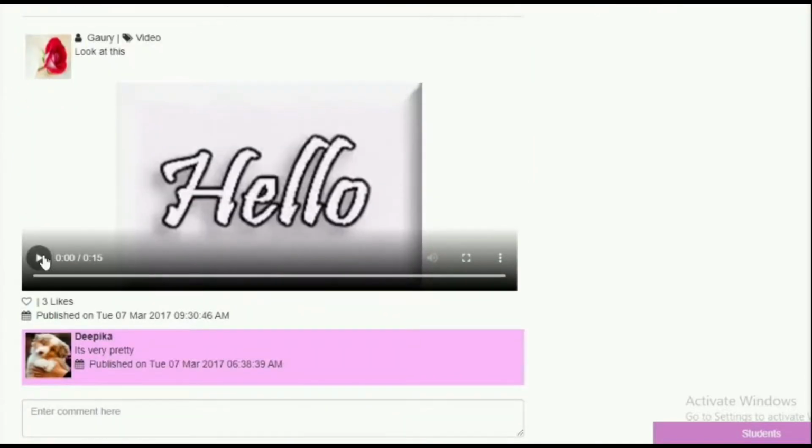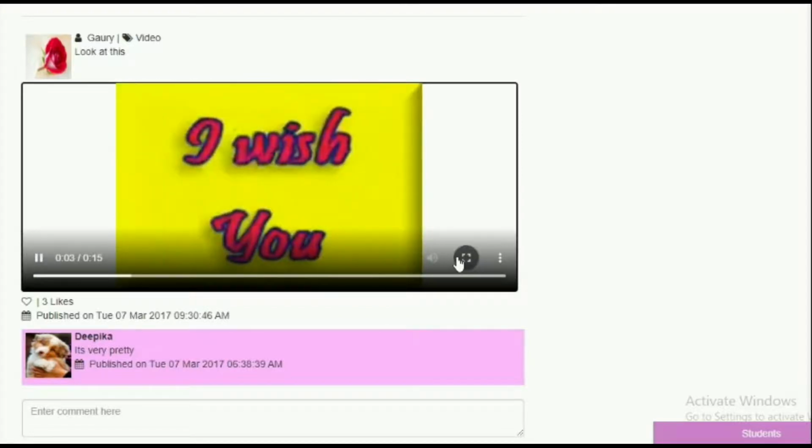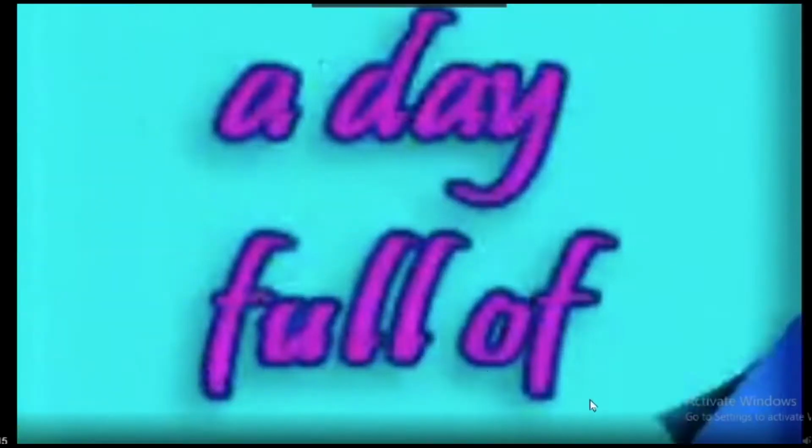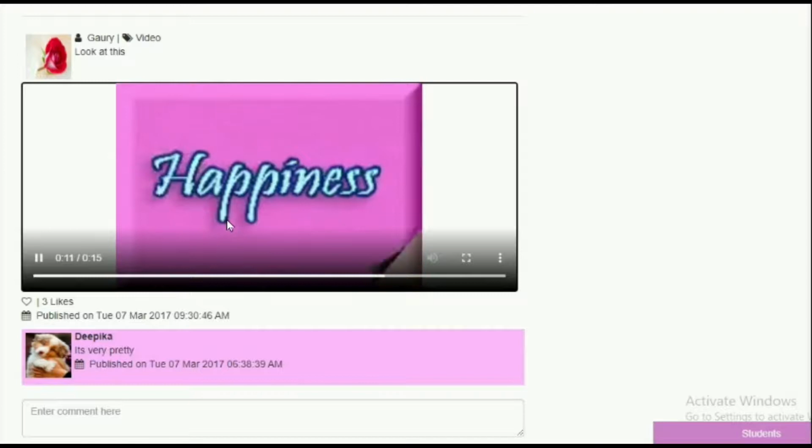They can also view the text post, image post and video post. Video can be played under full screen also.